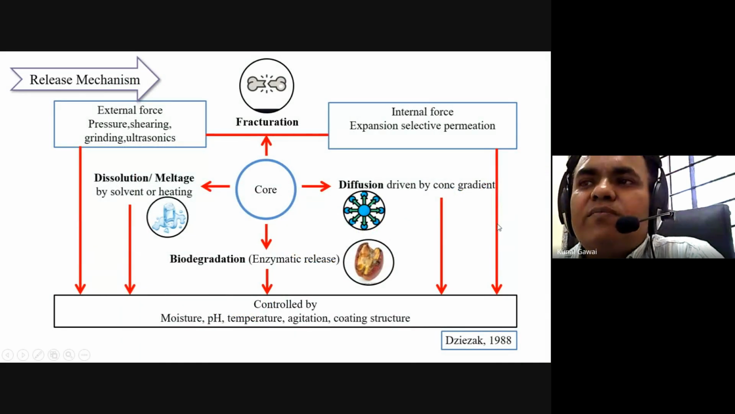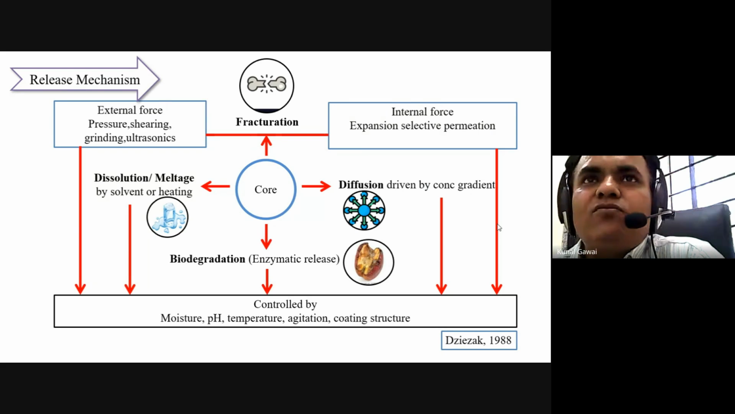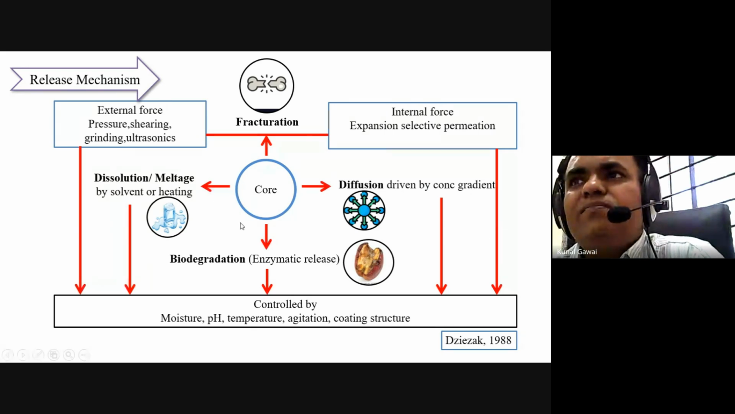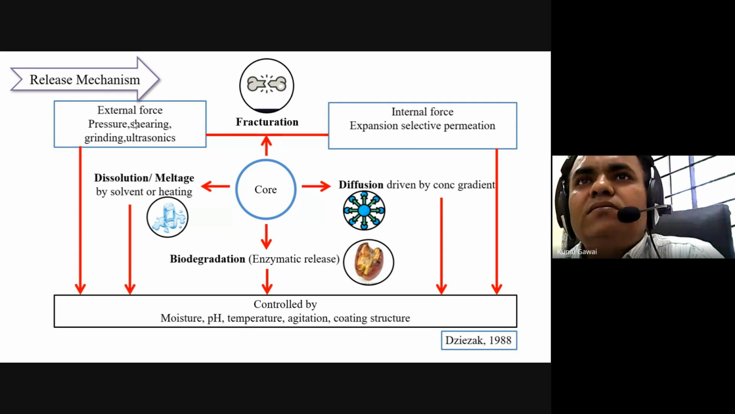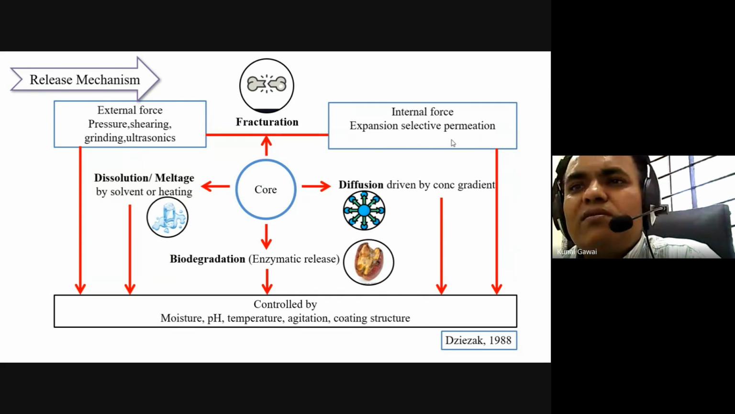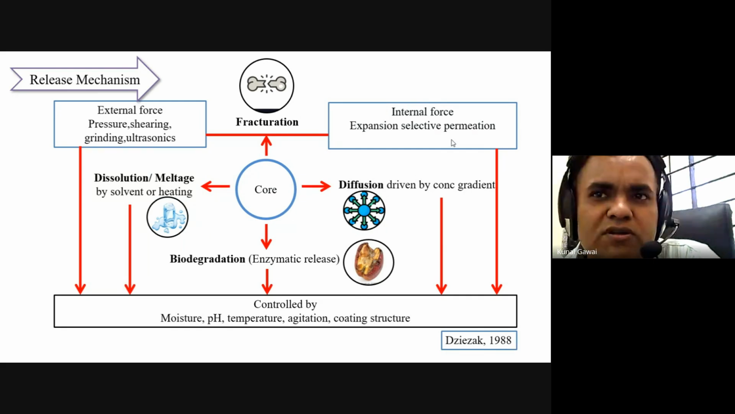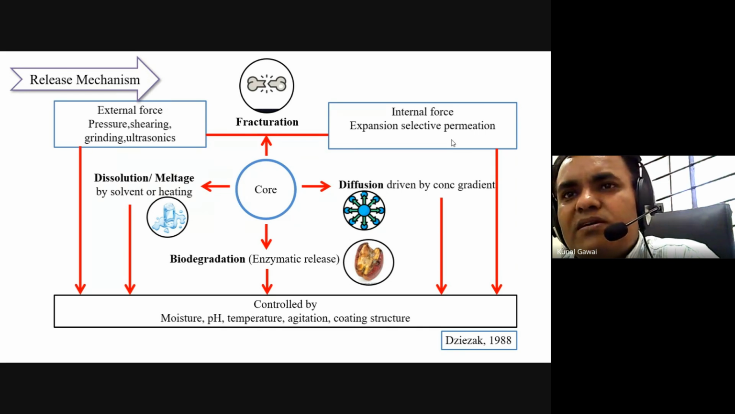Again, the size of particles that we will get after this encapsulation also matters, and finally approximate payload. So on the basis of that we have to decide which packaging material or which core material we have to choose, on the basis of different factors, different parameters like external force, pressure, shearing, grinding, or ultrasonics. In this way, we can release that product, or by some internal force like expansive selective permeation. In certain cases, most things happen with one or two parameters like moisture and temperature. When moisture content is lower, the product or core material is intact,